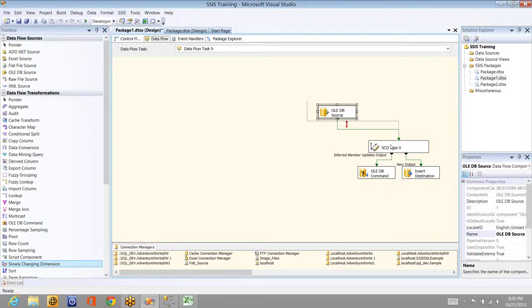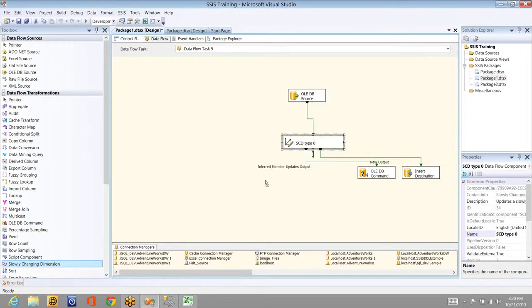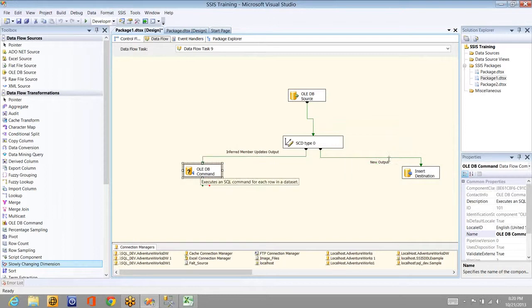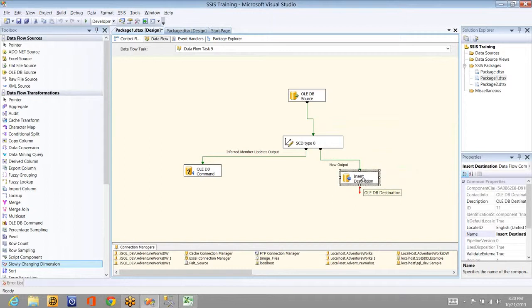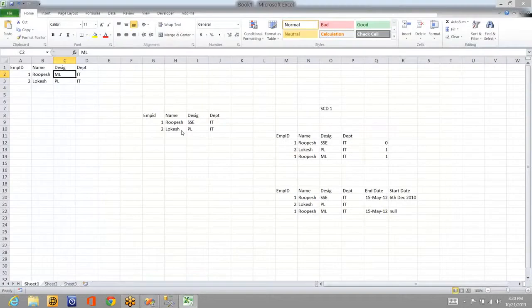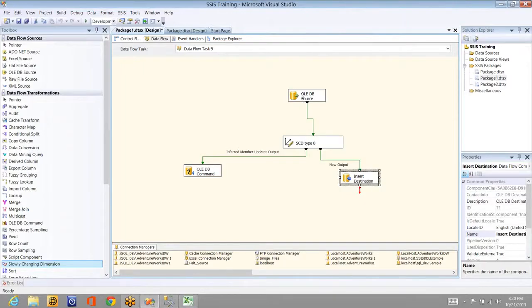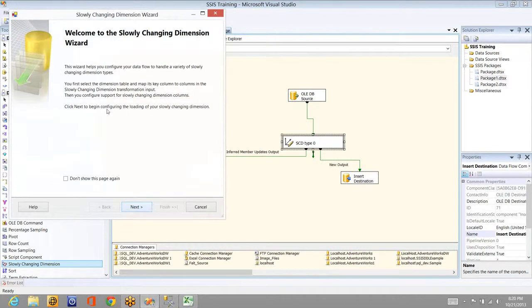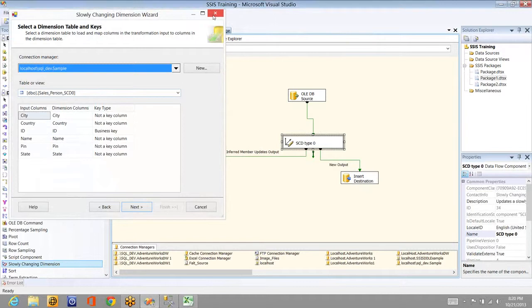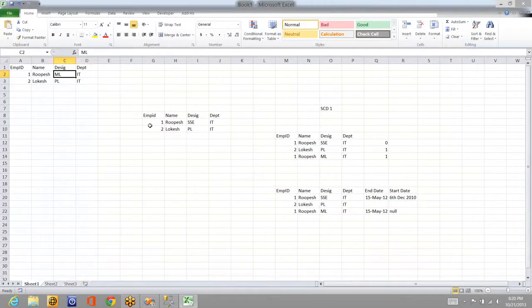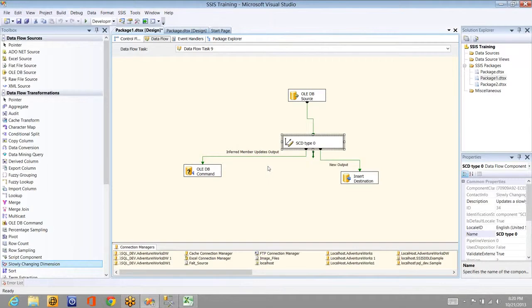This is pretty simple, type 0. So it will check the condition whether the record is there or not. If there are any inferred members, it will insert to this, and if there is a new record, it will insert to this. Nothing else. It will come and check for every record. I have given two sources, right? Two data sets. One is coming from OLEDB, and another one I have selected when I log in into this. Here I have selected SCD 0. It will compare this record with this one, whether it is available or not. If it is available, it won't make any changes to that. It will continue with the next record. Why? Because I have selected it as fixed attribute.